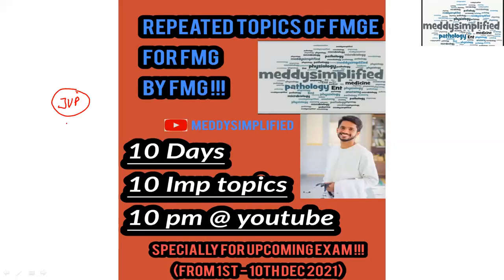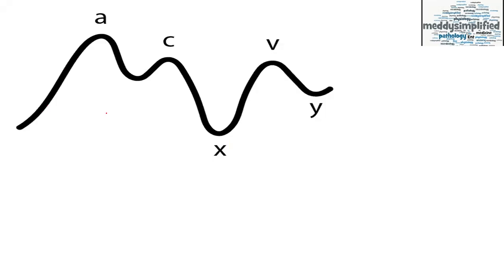So today we are going to talk about the JVP and something in short about the anion gap. Okay, so let's begin our discussion. So this is the JVP wave. It is measured usually at the internal jugular vein, which is the preferred one for measuring JVP, right? Internal jugular vein.